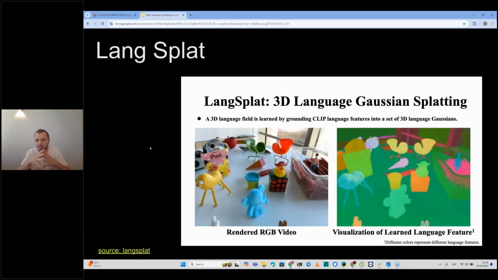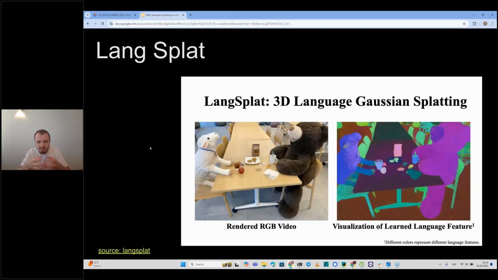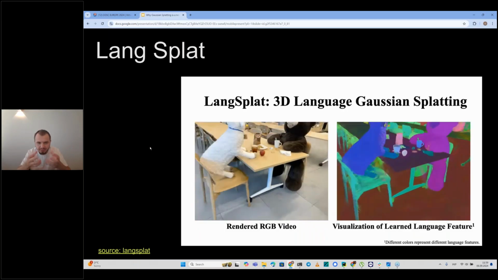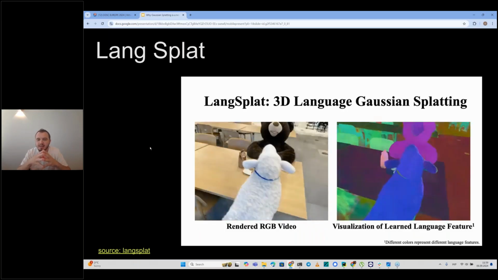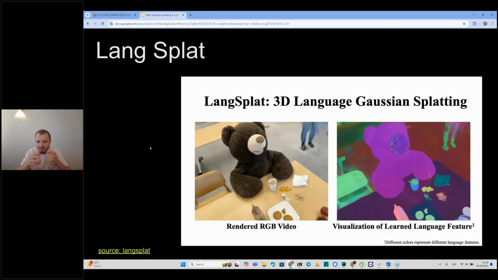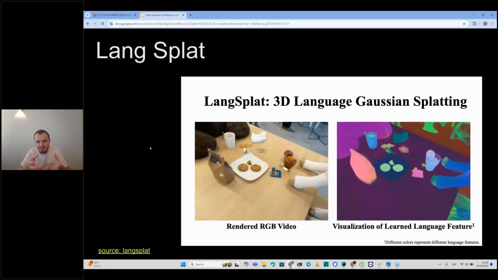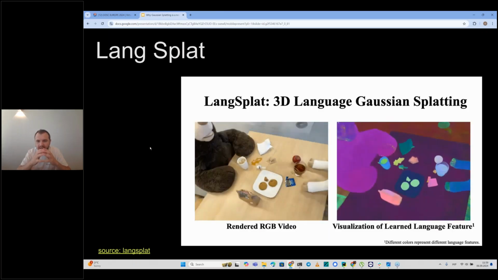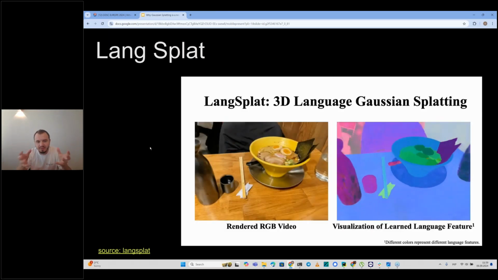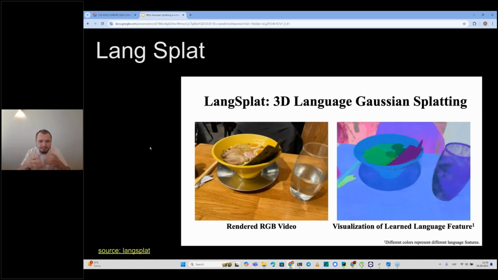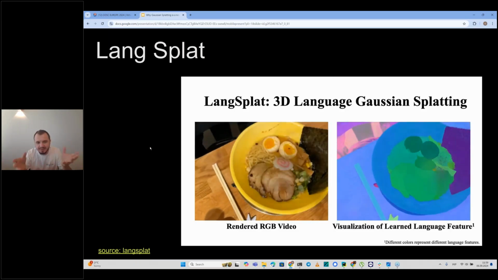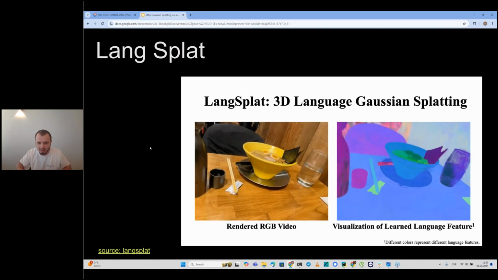And it allows us not only to model the world and render such a model extremely nicely, it allows us to understand. It allows us to do semantic search on the image, to analyze what part of this particular 3D scene is food, what is a wooden part of this scene, and so on and so on.